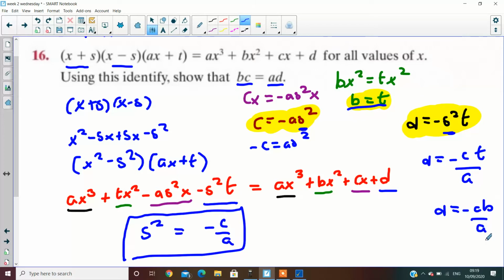Did we forget a negative somewhere? I dropped a negative somewhere. Where is it? Ah, double negative. The minus belongs to the formula. So it was actually two minuses. There was minus c over a, but then there's another minus outside it as well. So two minuses make a positive. So now cross multiply and I get AD equals BC, or AD equals CB. Is that right? So the key thing when you're doing these type of questions is